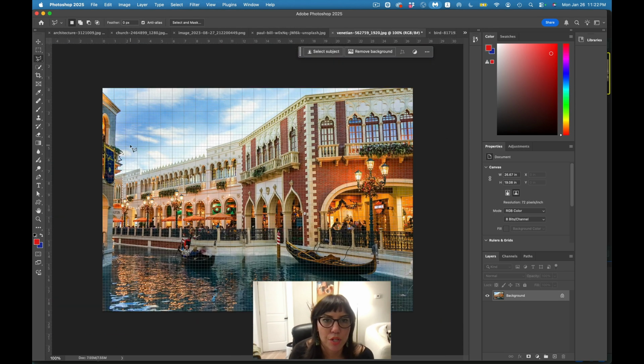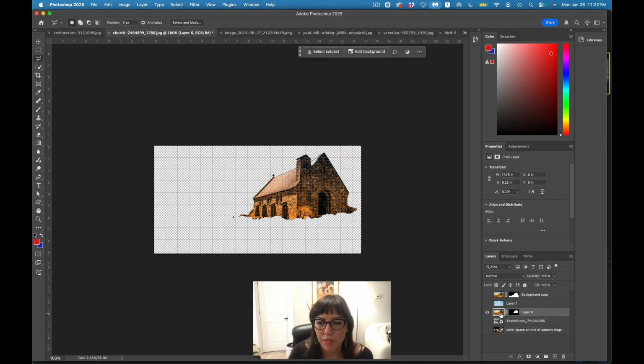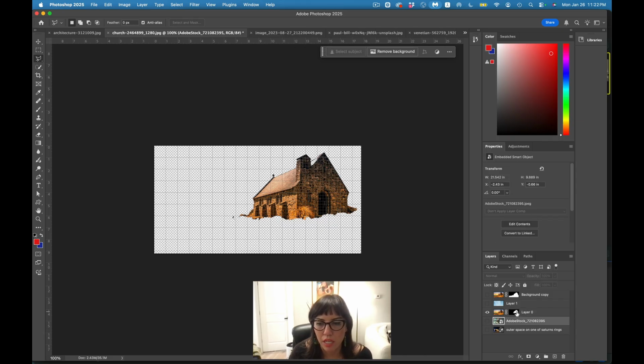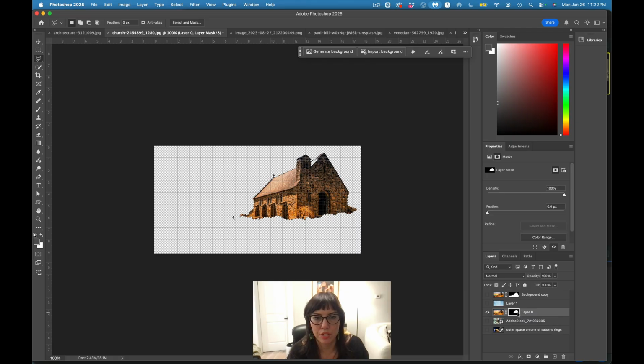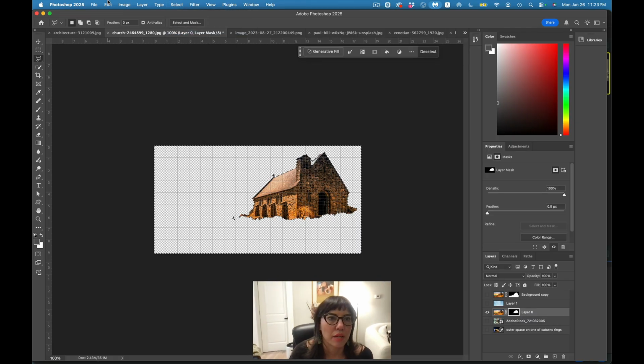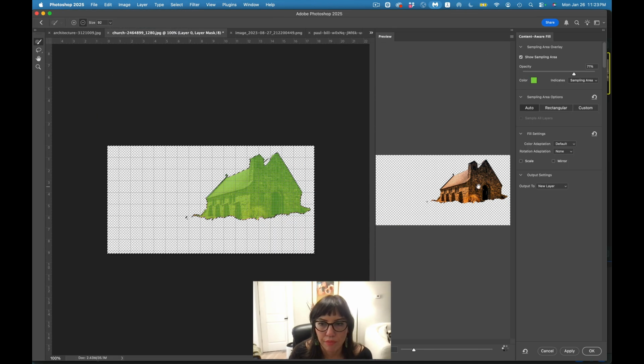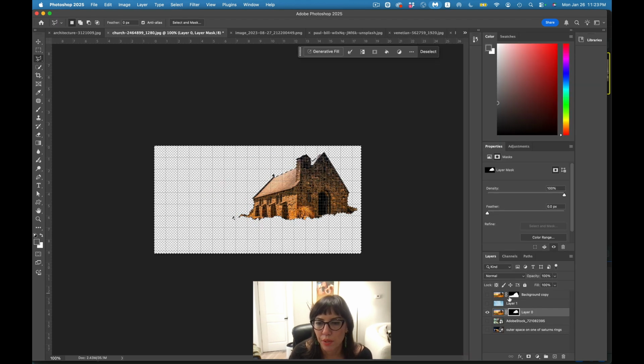The other thing I'm going to show you, maybe I'll go back to this church one. I forgot to show you one more tool. The other tool I want to show you is, I'm going to select just this mask, and I'm going to go to inverse, and I'm going to go to edit, and I'm going to go to content aware fill. And I don't know if this is going to do what I want. It's not, because